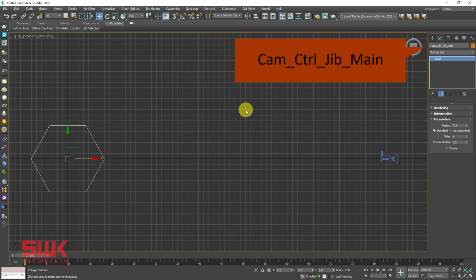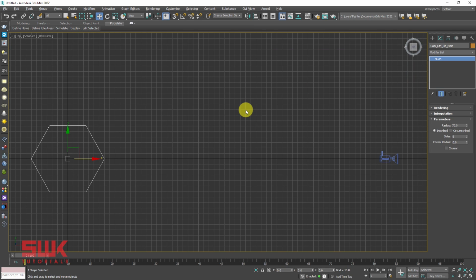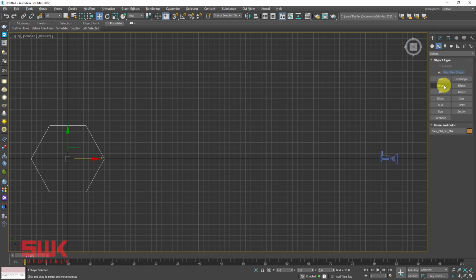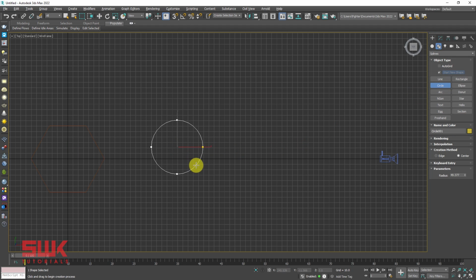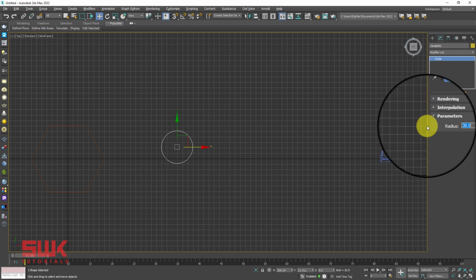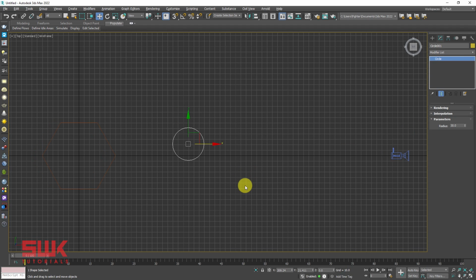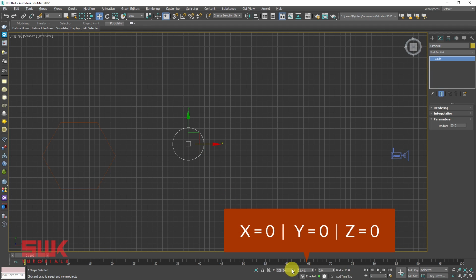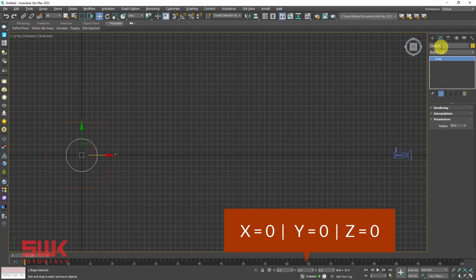Now we will create the controls that will handle the panning and tilting of the chip. For these controls, I will go to the Create menu and I will create a circle. Next, set its radius to 30 and again move it to the origin. Make sure you are in your Move tool. Then make X, Y and Z to 0. Set its color.